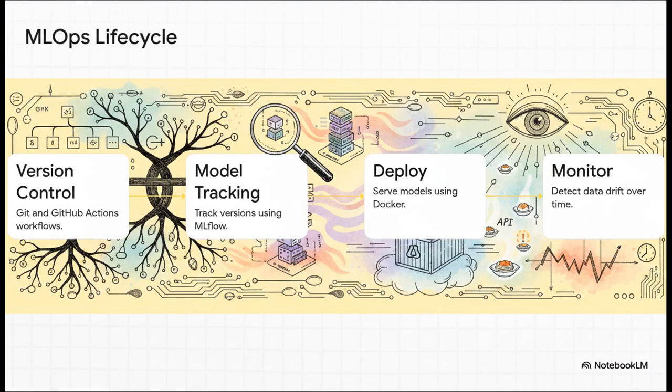This MLOps lifecycle represents the exact operational steps you need to successfully ship your models. First, you've got version control, using Git to meticulously track your code changes. Second is model tracking, with tools like MLflow to register your experiments and hyperparameter tweaks. Third is containerization, using Docker. This packages your model so it runs perfectly on literally any cloud platform, serving it up via REST APIs. And fourth, monitoring for drift. Data out in the real world changes over time, right? Monitoring ensures your model's performance doesn't randomly degrade. This operational pipeline is exactly how you keep your restaurant running flawlessly, serving thousands of digital dishes every single second.